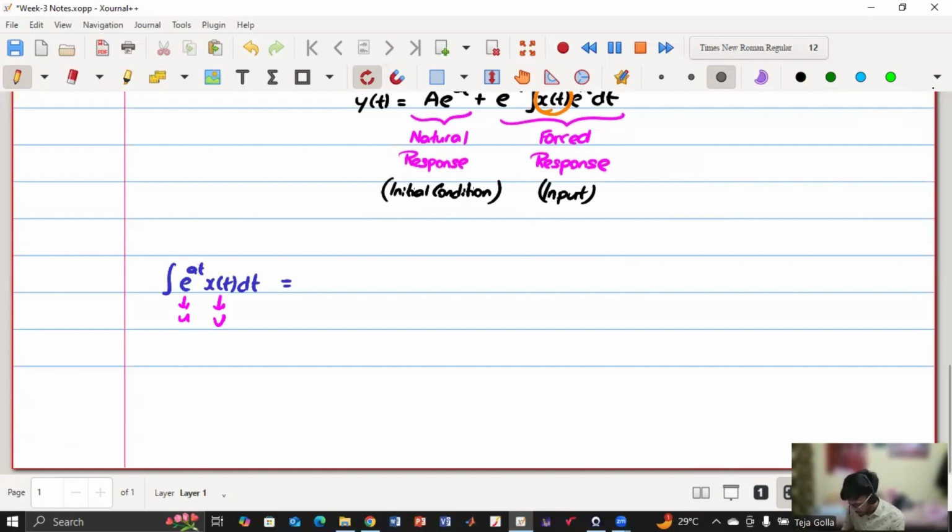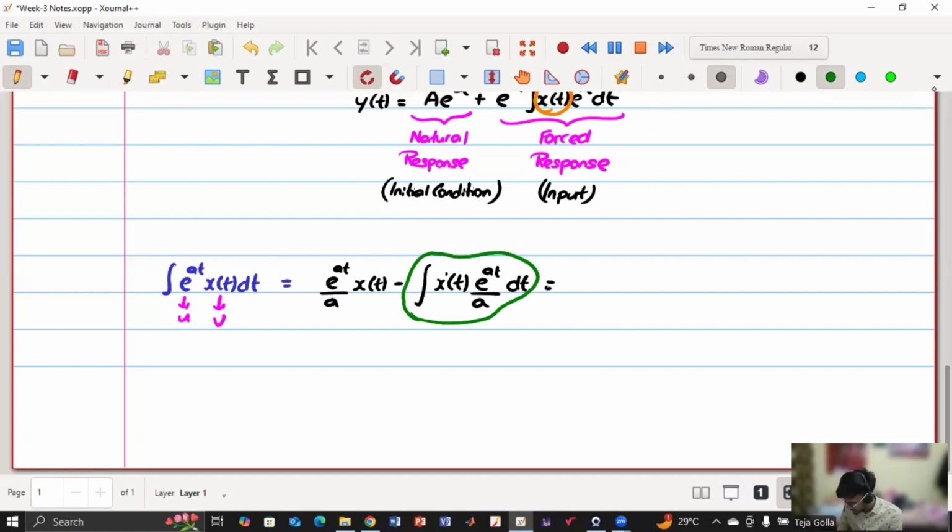So I'll get e to the power at by a into x of t minus integral of x dash of t into e to the power at by a dt. So now again, if I do the same for this portion, if I apply the same integration by parts, what I'll be getting is, first I have